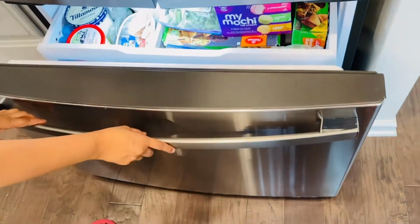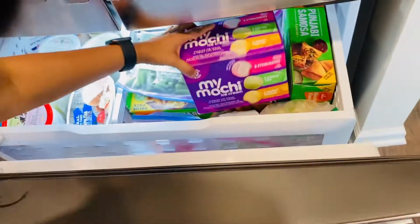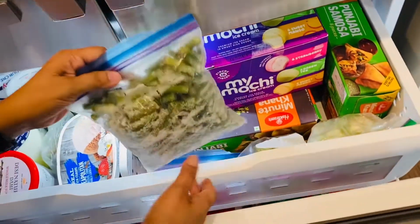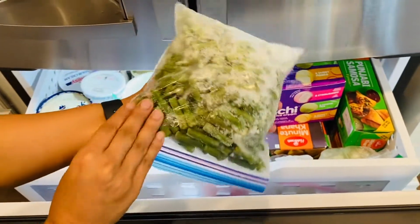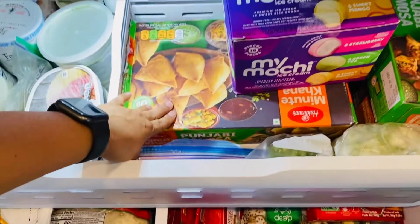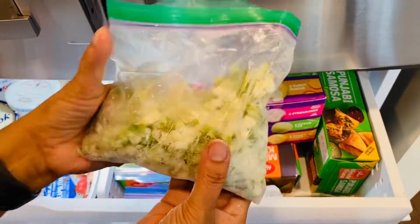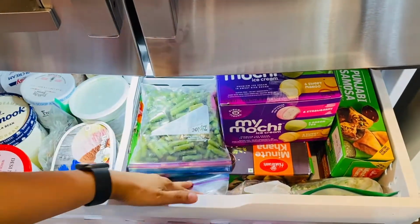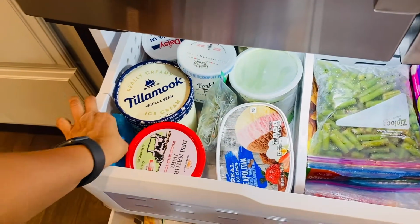Moving on to the freezer section, I have kept my ice cream on the top because we use it the most. Some veggies which I did not use last week and I wanted to store for longer, so the freezer bags keep them fresh to be used later. Frozen samosas, in case somebody is there at home, I have ready. These are some spring onions, some leftover peppers, and these have my extra chutneys with which I can use later,